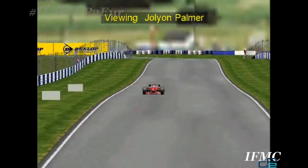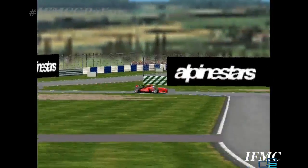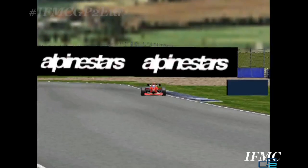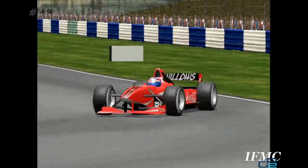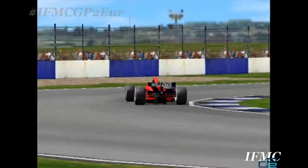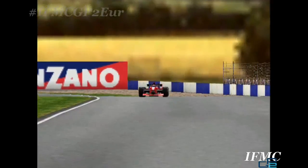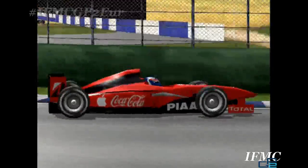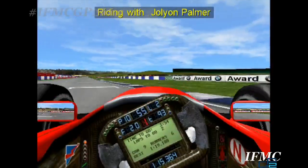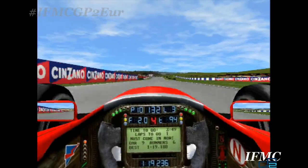He's currently in 10th place, just on the cusp of the top 10 in the Willows Grand Prix car, as he now just flicks the car through the chicane. And now up towards the second to last corner will go Julian Palmer, as he heads down the straight. Now up towards the final corner, and let's see what Julian Palmer is able to do then. Down the pit straight and across the line goes the young Brit, and Palmer now then stays in 10th,